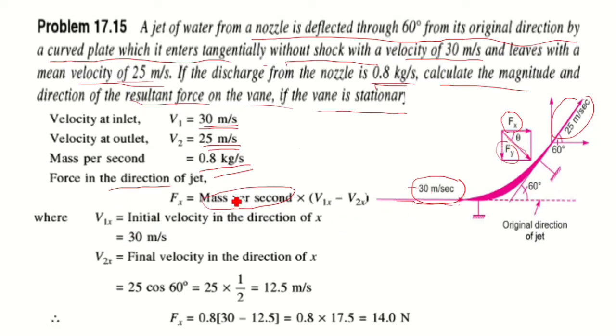Okay. So force in x direction is equal to mass per second into initial velocity with which the jet strikes the plate minus final velocity at which the jet leaves the plate. So there will be an x component at the inlet and an x component at the outlet. The outlet x component, if this angle is 60 degree, so it is leaving the plate at 60 degree. It is already given here, the nozzle is deflected through 60 degree from its original point. So this angle is 60 degree. So the x component will be